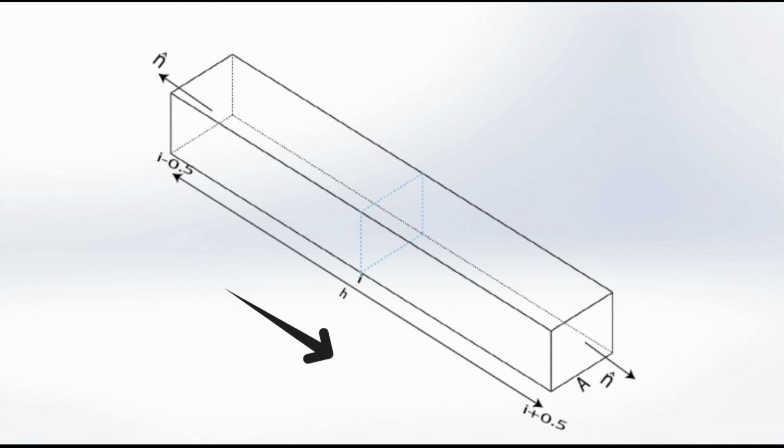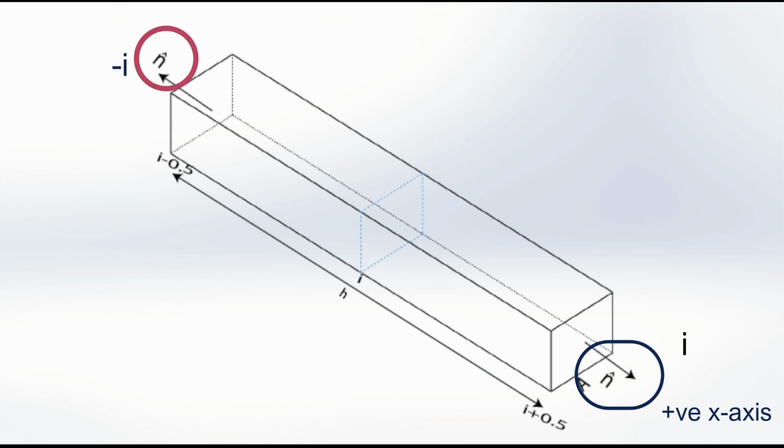Here we assume flow is quasi-one-dimensional, which means flow is coming from left to right and no flow is happening in other directions. The direction vector of n hat at i plus 0.5 is i and the direction vector of n hat at i minus 0.5 is minus i because it is pointing towards negative infinity of the x-axis. Substituting the value of n hat in the conservative equation we get,